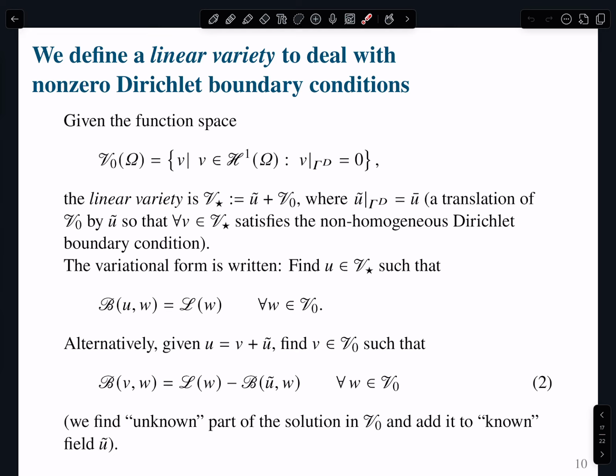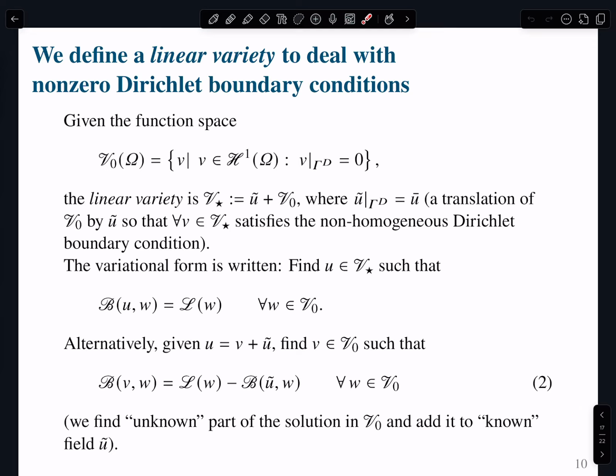What we are discussing here is the so-called Bubnov-Galerkin, when we're taking functions from the same space. You can also have the so-called Petrov-Galerkin, where you're taking the trial solution U and the test function from different spaces, and those formulations have different properties, right? But now we know that we transform the problem, so it's a little trick that we apply by defining this so-called linear variety. We transform the problem so that now we are interested in finding the unknown part of the solution in this space V naught. That's all there is to it, nothing much more.